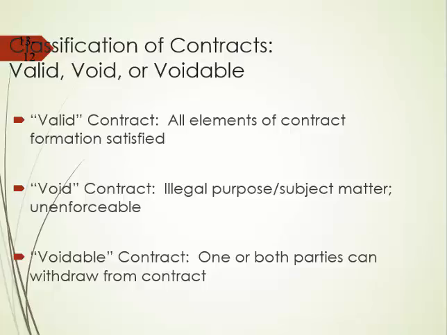If that moment passes and both parties move together hand in hand in the future, performing under the contract, then the contract becomes valid again. So read in the chapter on this. This has a time element to it. Contracts, it's very important in contracts when people did things. Was it timely? When did it happen? And a voidable contract can be reaffirmed and then it becomes a valid contract.